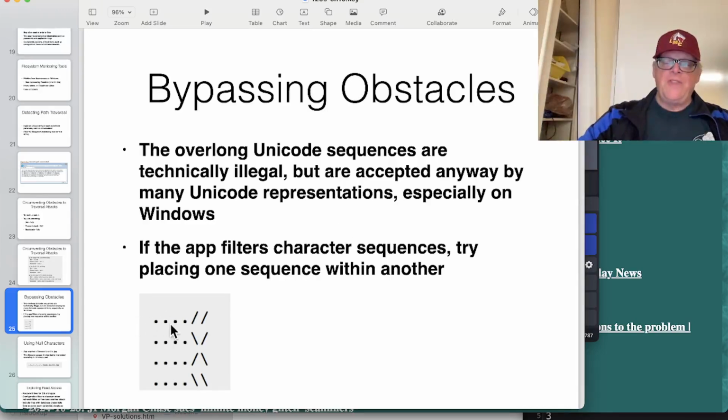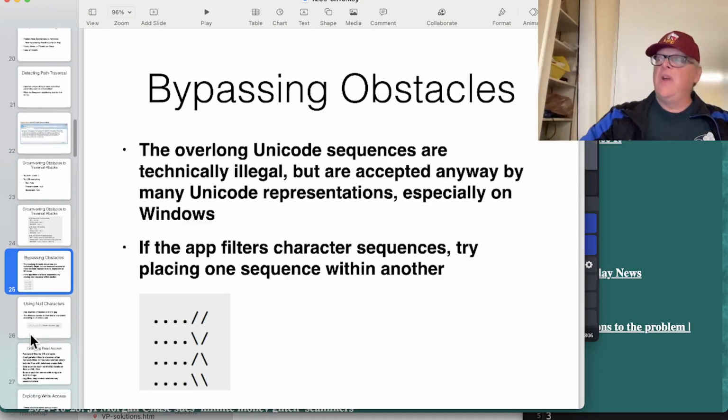And you can also try this thing we talked about before. In case they're filtering out ../ you can put ....// inside. And if they didn't put it in a while loop and keep deleting it until it was gone, but just delete it once, then one deletion pass will leave you remaining with what you're trying to get, ../